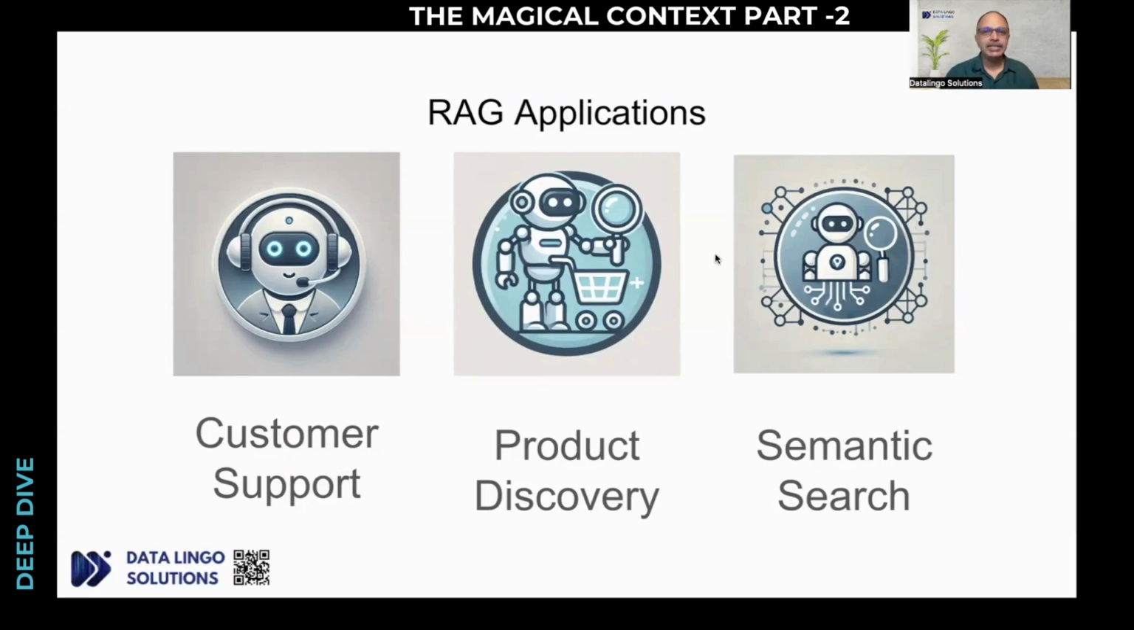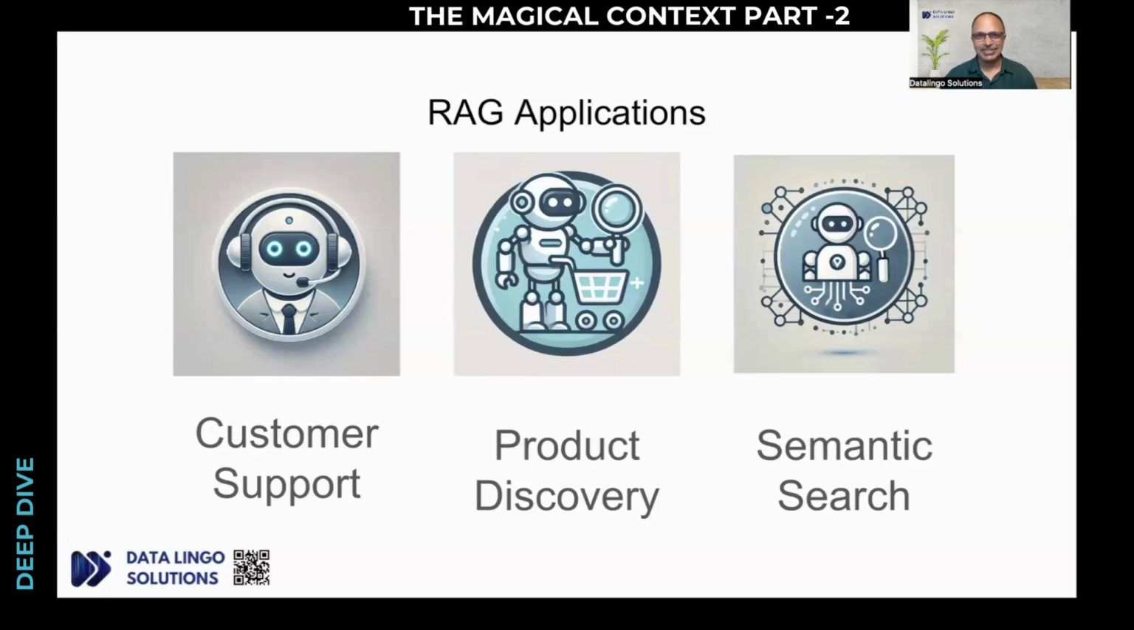This ensures the customer gets the most accurate and relevant answers, improving overall service quality. In product discovery applications, RAG can help users explore products by retrieving the latest information, reviews, or specifications. This is particularly useful for e-commerce platforms where having up-to-date data can guide users to make informed